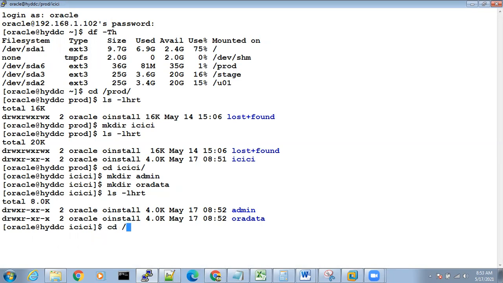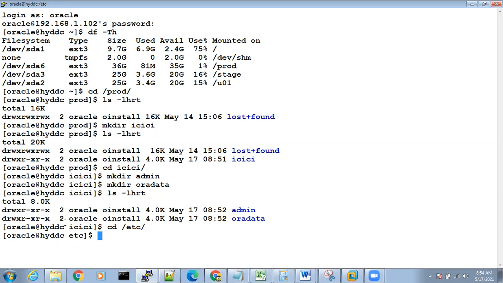There is a file called Aura tab in etc. So you have to go inside cd /etc. And there is a file called Aura tab. You have to open the Aura tab file, and then you have to give the name. But before opening Aura tab, I wanted to explain you something.